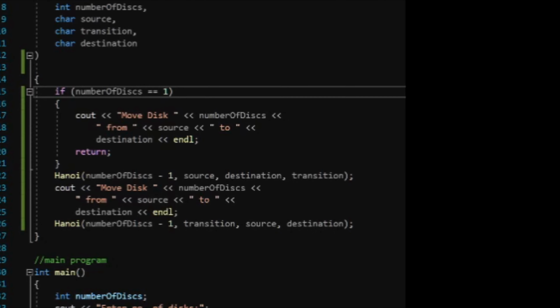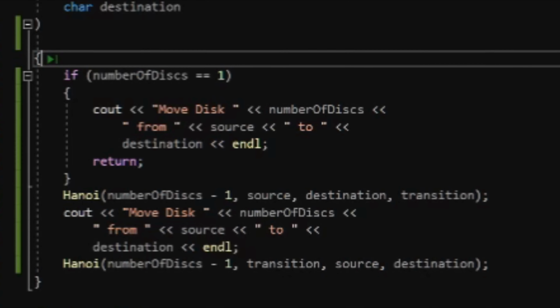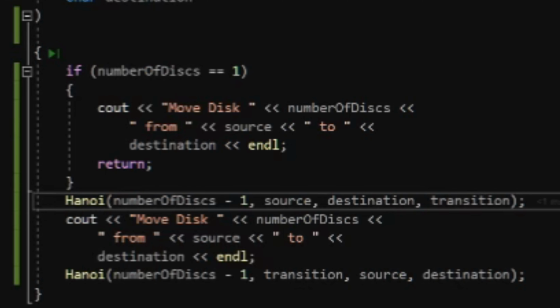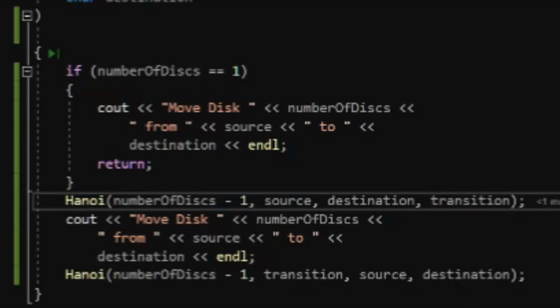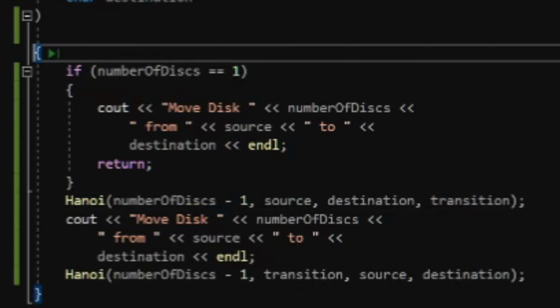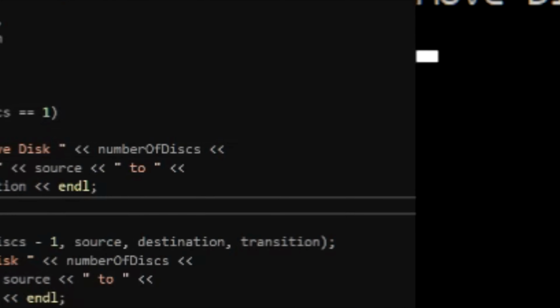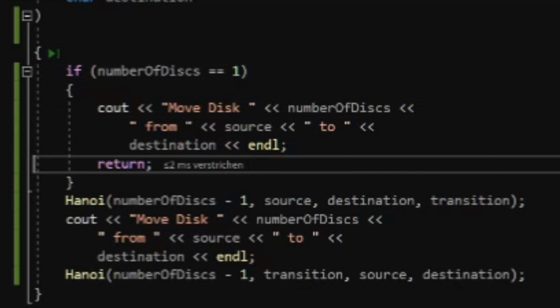What it basically now does is that it steps into the function, sees the disks are equal to 3, then it gets into the first instance of itself, there it gets decremented now to 2. Then it steps again in itself, gets decremented again, and now it breaks in this third instance, because it's now equal to 1, which means it writes down that disk 1 goes from A to C.